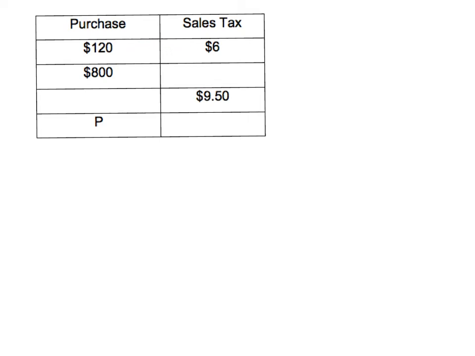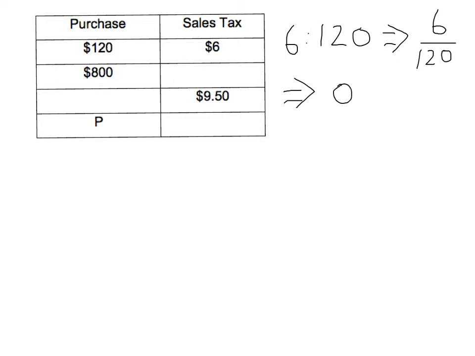The ratio of sales tax, 6, to purchase, 120. Now, it might be better to write that as a fraction, 6 over 120. And it might be better to write that as a decimal. So if you take a calculator and you divide 6 by 120, you get 0.05. Okay, what is that telling us? Well, that means that when we move from the left-hand side to the right-hand side, we are going to multiply